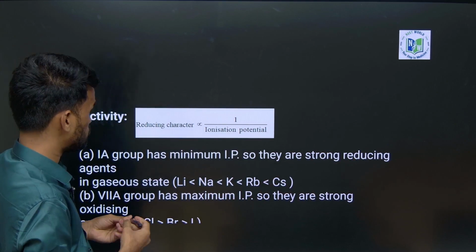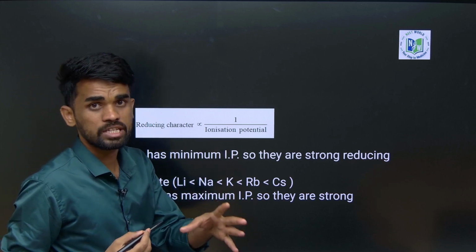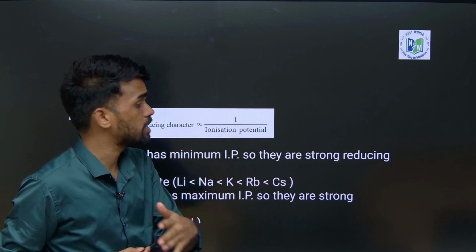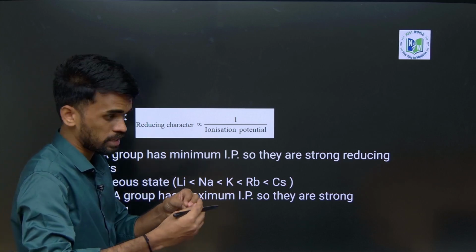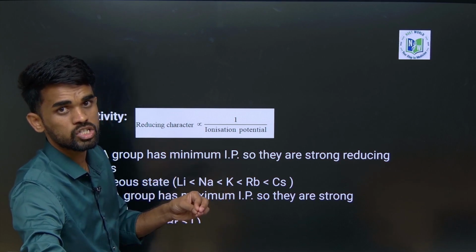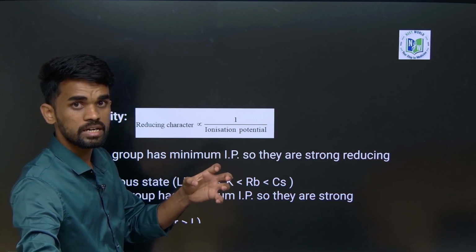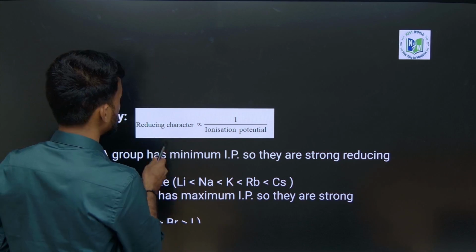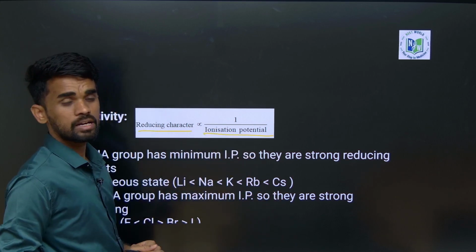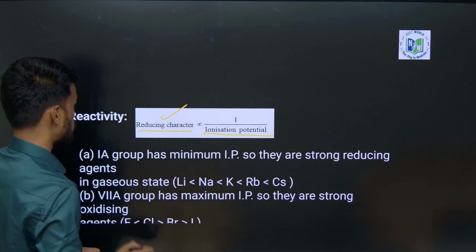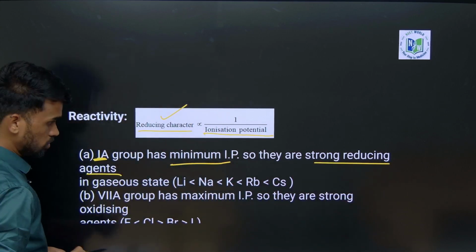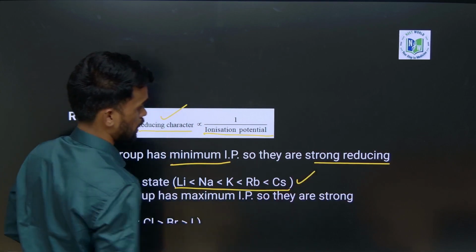Okay, so now see here, those elements which are having low ionization energy can act as strong reducing agents. Alkali metals are considered to be strong reducing agents because they are highly reactive and can easily lose that electron, which is taken by some other species that undergoes reduction, and the alkali metal is then considered a reducing agent. So reducing character is inversely proportional to ionization potential. We know alkali metals have low ionization potential, therefore they will be strong reducing agents. Minimum IP, strong reducing agents. So this is the reducing agent nature.